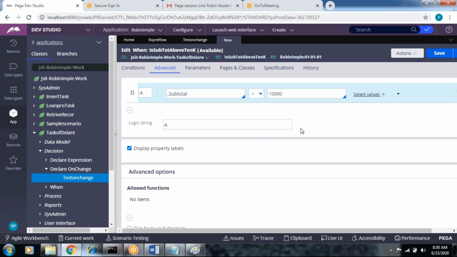Okay, that's fine. So whenever the customer purchases more items and the purchase amount reaches more than 10,000, add on a gift card. Give the gift card to this customer.